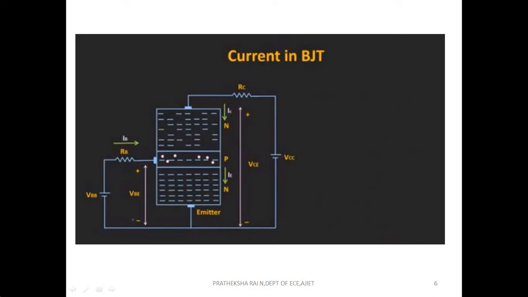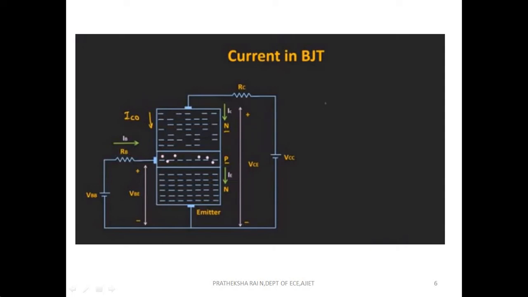Now during our discussion, we haven't considered the current due to the minority charge carriers in this collector region. Because if you notice over here, this base collector junction is reverse biased. So for a moment, if we remove this emitter connection, then the current which is flowing through the collector is only due to the minority charge carriers. And let's say this current is equal to ICO. So this current is similar to the reverse saturation current which we had seen in the PN junction diode.